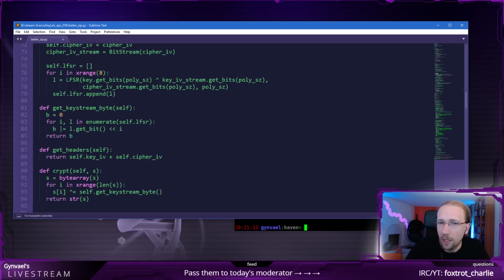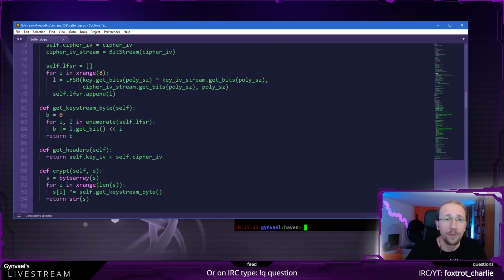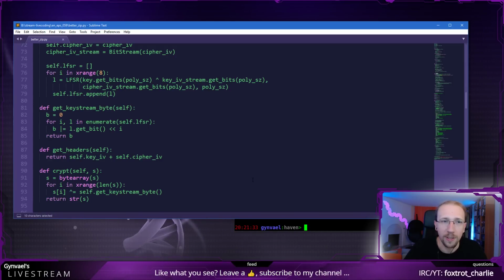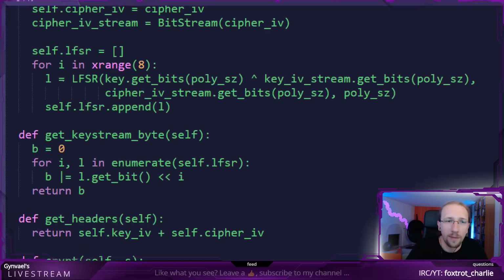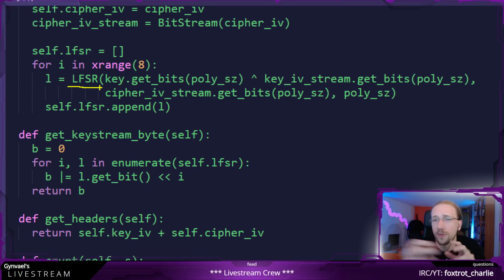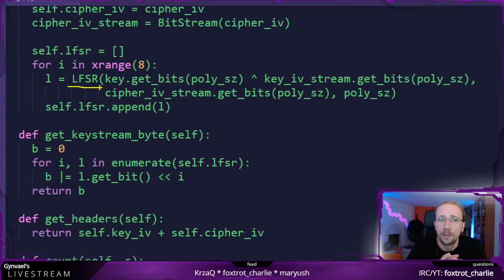But before we get there, because for some reason I'm telling you all the time that if you know the bytes, you can maybe reason about it. And this is actually true, because the LFSR, the linear feedback shift register, is not a secure pseudo-random number generator by any means.